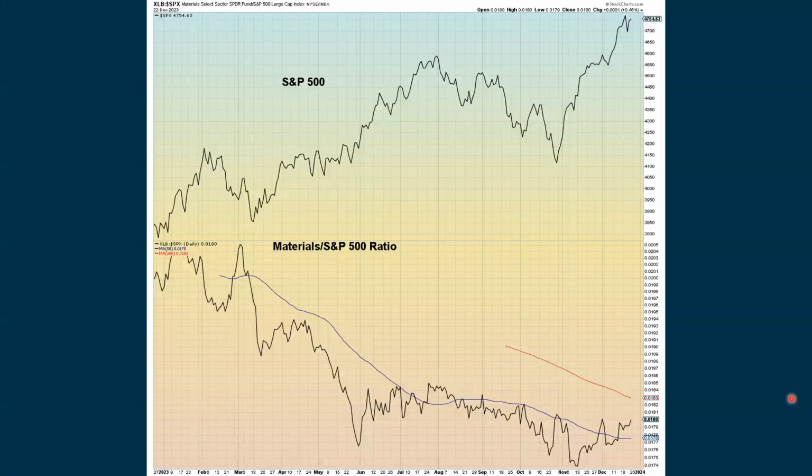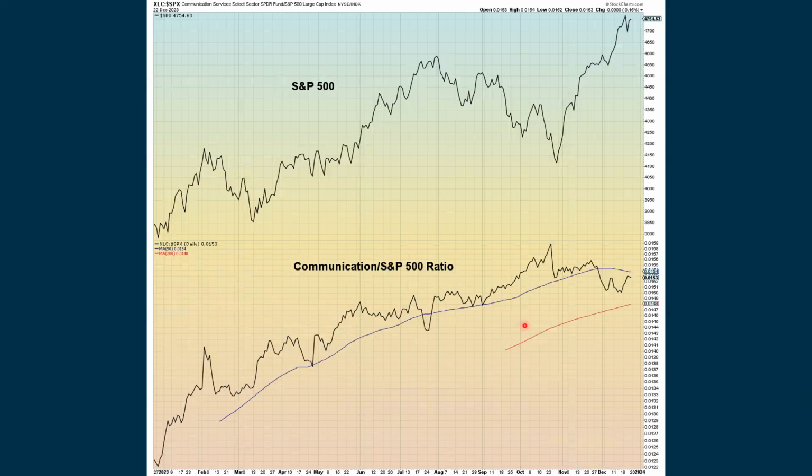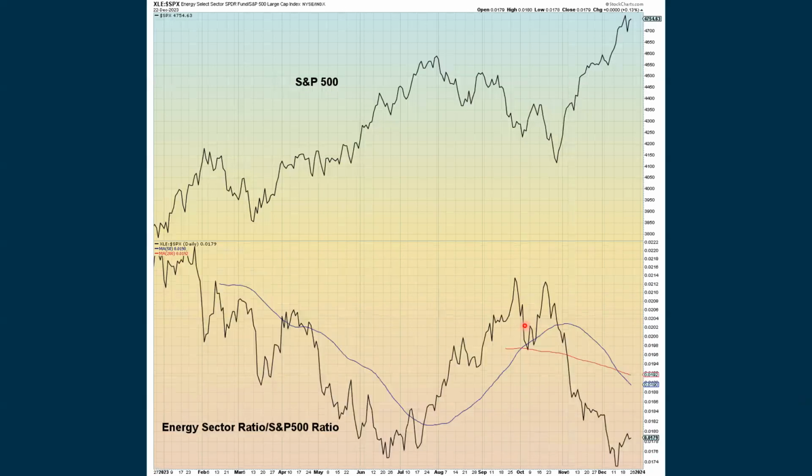Then we look at different sectors and compare them with the S&P. The material sector is still underperforming the S&P. Communication has been a stronger area in 2023, and that's outperforming. The energy sector, which was bouncing back, is now giving us another cross here, a death cross, showing that it's